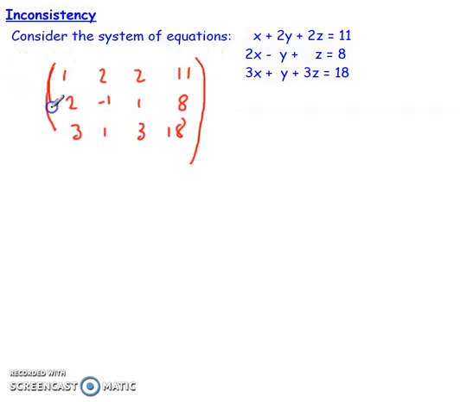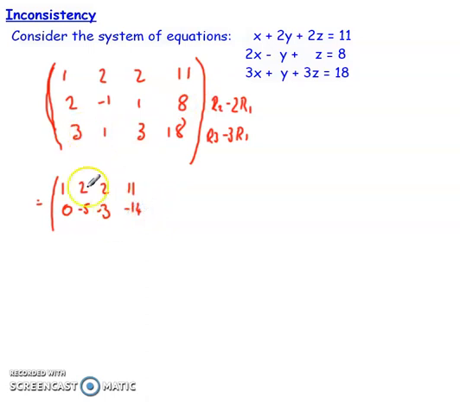Let's imagine I then start to do my row operations. So let's imagine I do row 2, take away 2 of row 1. And I do row 3, take away 3 of row 1. What that'll do is transform my matrix, because remember I'm trying to get rid of these values here first. Top row would stay the same, 1, 2, 2 and 11. Second row would become 0, -5. This would then be 2 take away 4, -3, and then 8 take away 22,